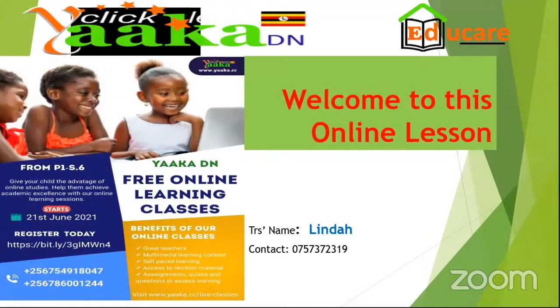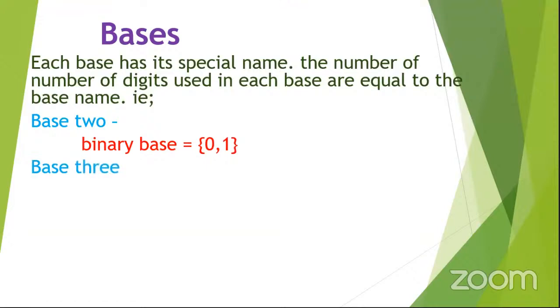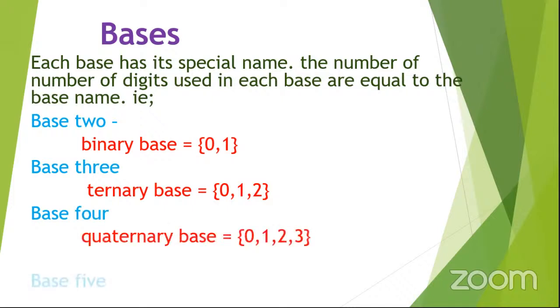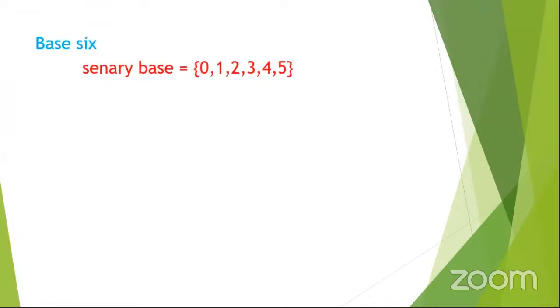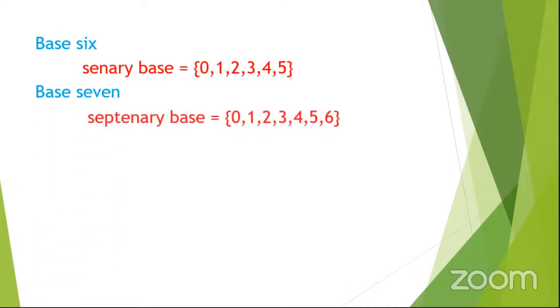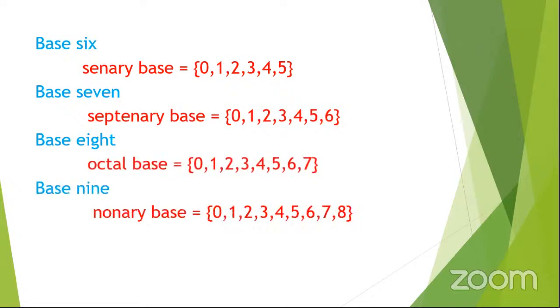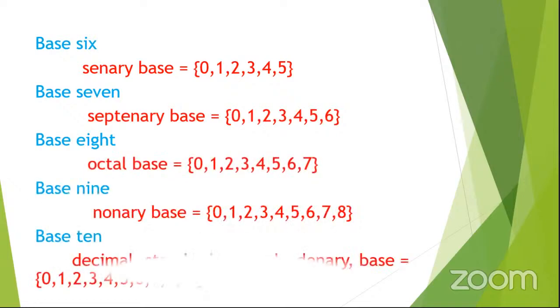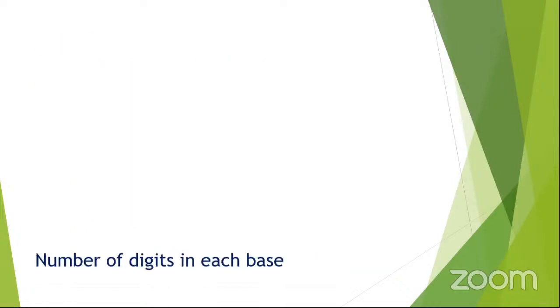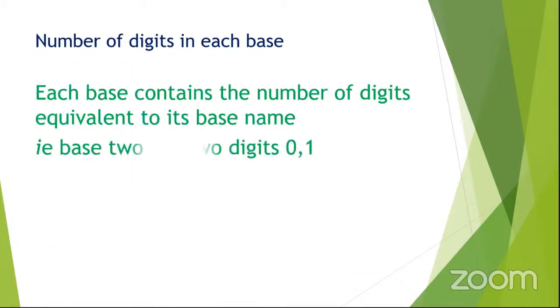We talked about all these base names. This is just going through binary base. What does it mean? Ternary, base 3. We looked at all this last time. We looked at the special names of bases and the digits that are used in that base. Senary, base 6, septenary, octal base 8, base 9 nonary, base 10 having a lot of names. I went ahead and looked at operations,